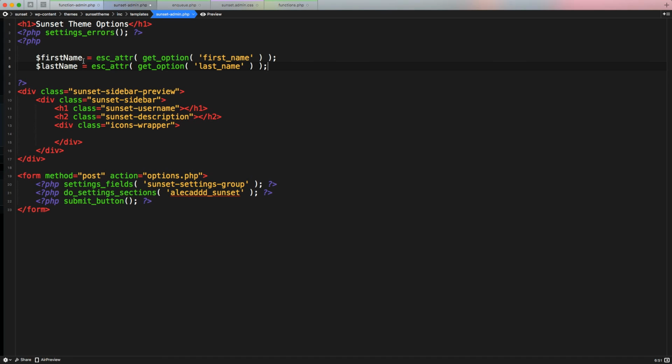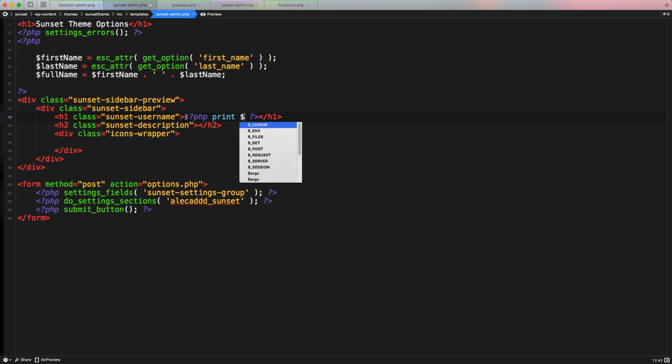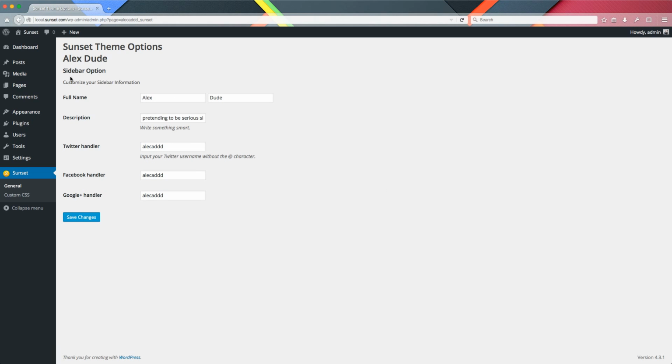And let's recall first name, last name, and let's go dollar full name. It's equal to first name plus space. Let's leave a blank space and then dollar last name semicolon. And here we can print PHP print dollar full name. Save it. Let's go take a look here, refresh it, and as you can see here we have